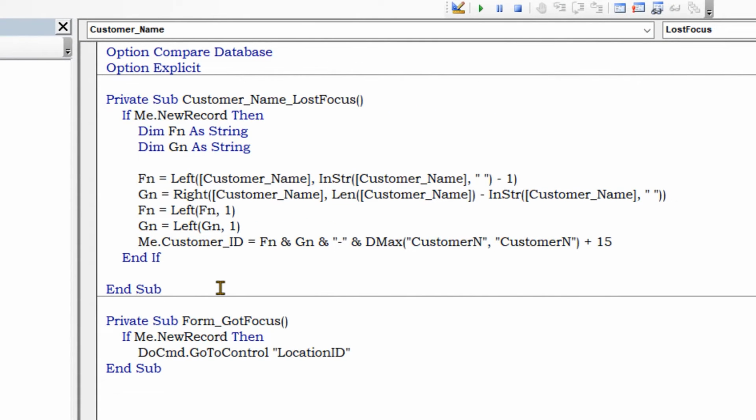Okay, I don't know if you've watched the other ones before, but let me just walk through this real quick. I say, once I've lost focus of the customer name, I ask if it's a new record. If it is, then I'm going to create two variables, FN, which is for first name, and GN is for last name, and they're string. And then I have this concatenation of,